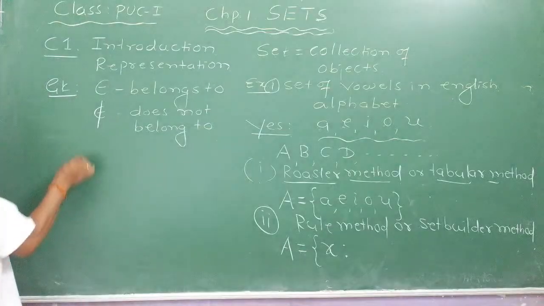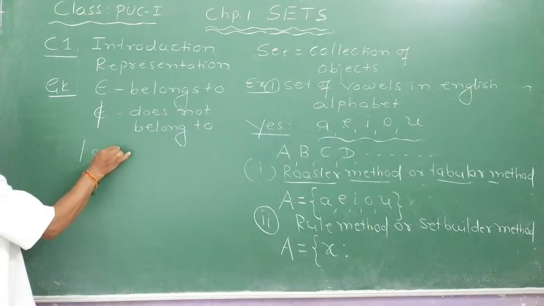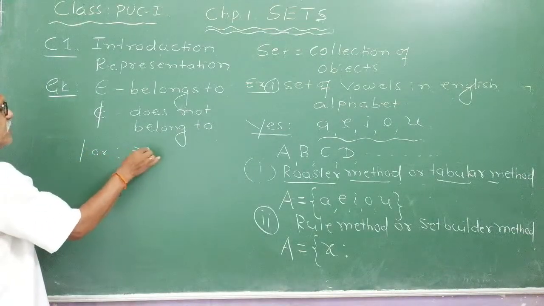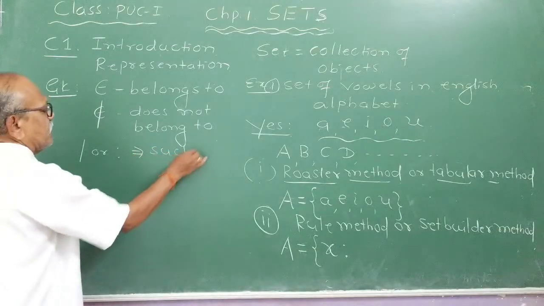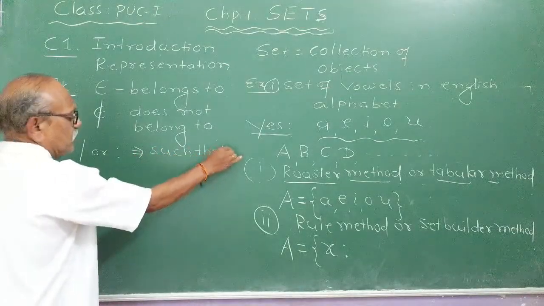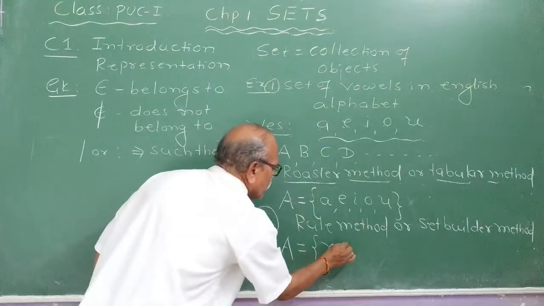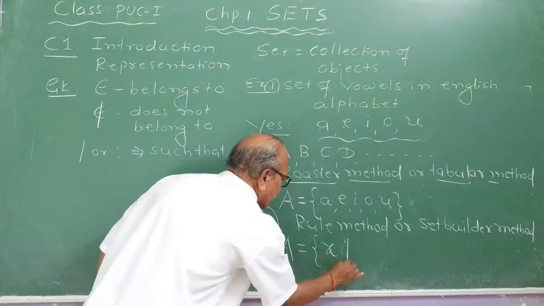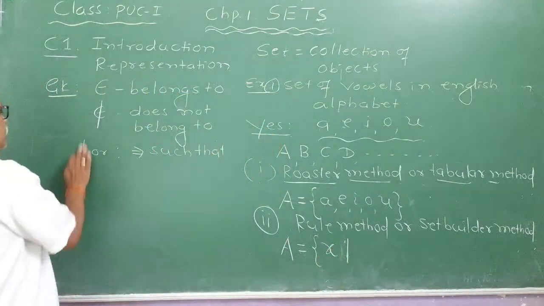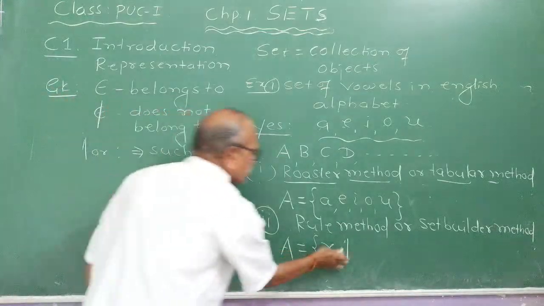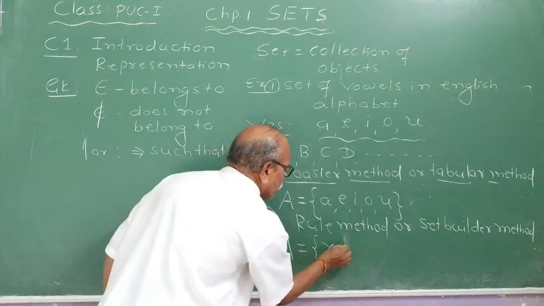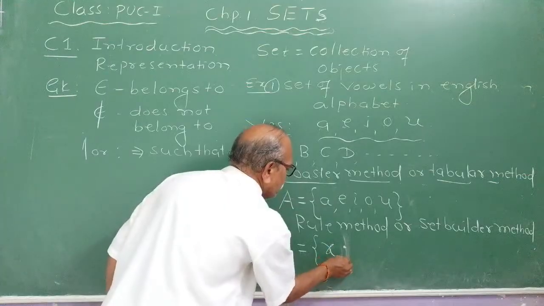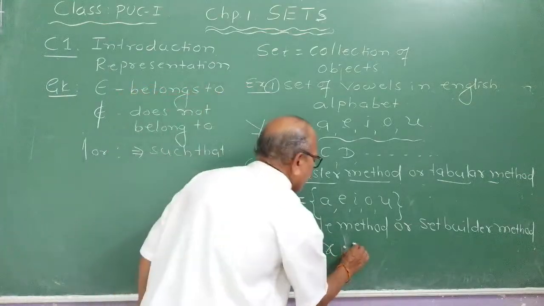Generally we are using either a slash or a colon. If it is written, its meaning is such that. Look at here. I am using this particular line, a vertical line. It means x such that, or you can even use the colon, not semicolon, x such that x is a